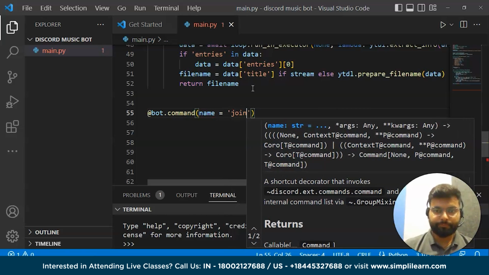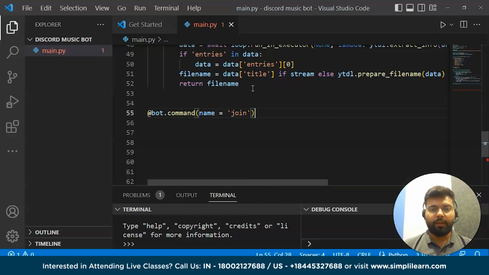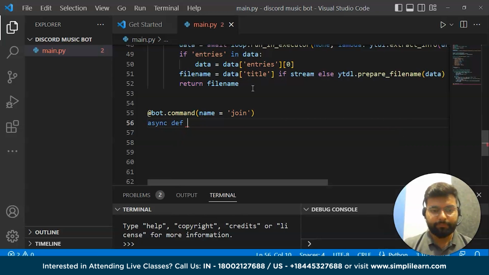If you want, you can also write a help, that it will tell the bot to join the voice channel. But we will go on and use async def, and we'll create a function join, and inside this we'll pass ctx,